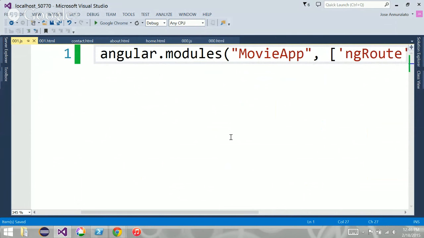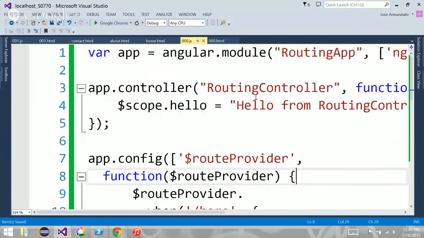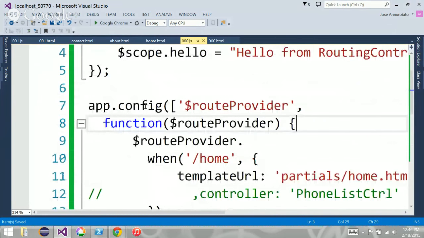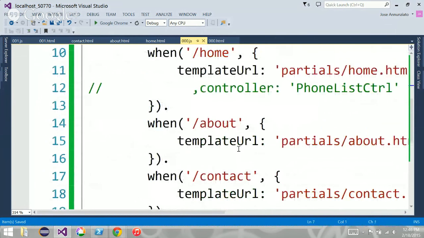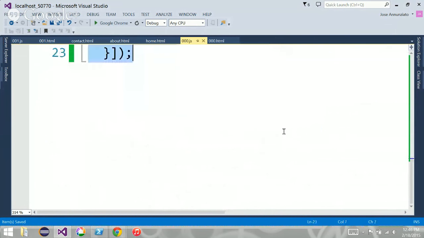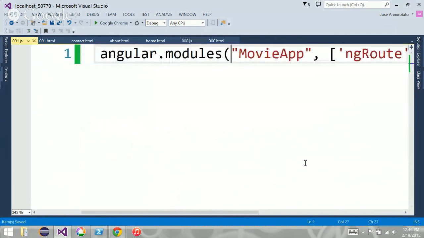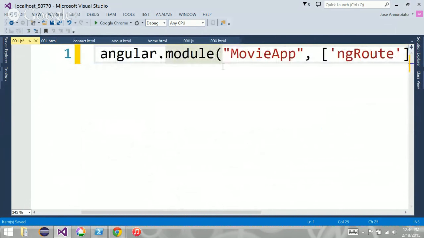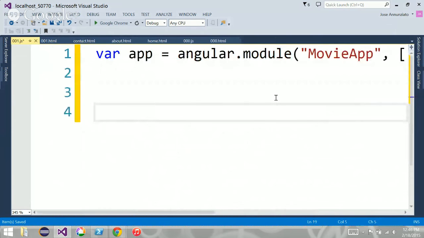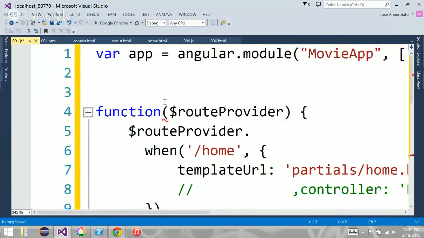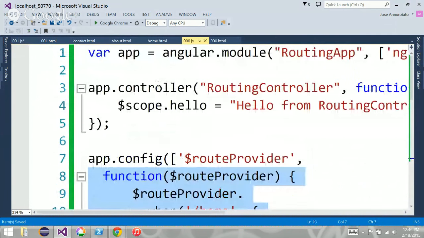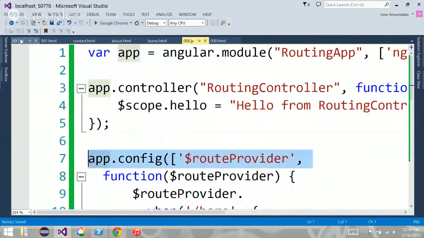All right, and then we need to configure it, right? We need to configure it. Let me copy that. And I think this is module. And I'm going to configure. Oops, I forgot to copy that.